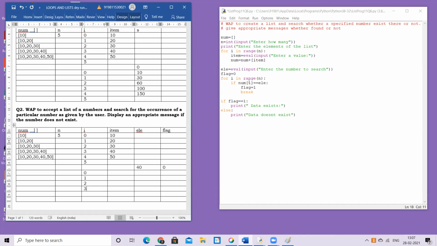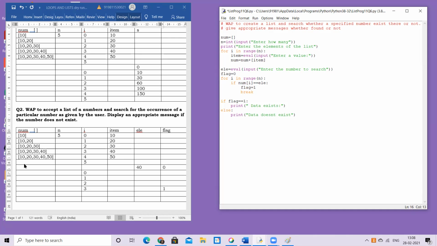Yes. So it moves inside, executes flag equal to 1. So the flag value is changed at this point to 1. And because I found the element and that was the work I wanted to do in the loop, I put break. If you don't put break, it is going to continue checking for the 4th position as well, in this case only the 4th is left. But otherwise, it will just continue doing it for all the elements of the list. Say like 100 elements, and he found the element in the 2nd position only.